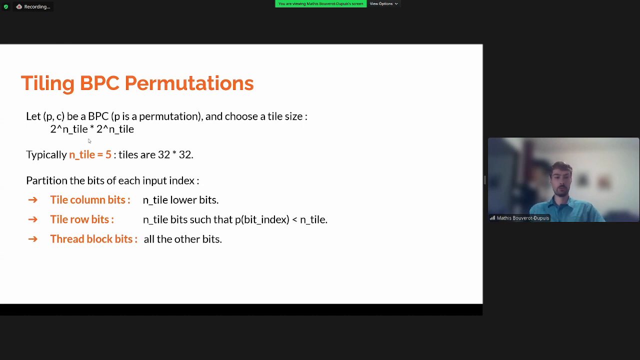And we choose a tile size, because we're going to use tiles of 2^n_tile times 2^n_tile, typically 32 times 32. And then defining tiles is a bit harder, because as input we don't have a matrix, we have an arbitrary array. So what we'll do is partition the bits of each input index into three categories. We take an input index, and the tile column bits will be the n_tile lower bits of this index. The tile row bits are a bit more involved. These are the bits that, when we apply the permutation P to the index, to shuffle the bits of the index,